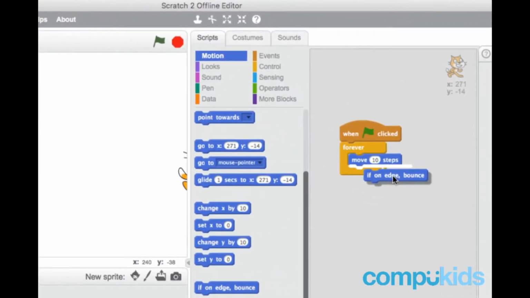drag this and drop it below move 10 steps. Now, how do I know I'm dropping it below the move 10 steps piece? It's because as I move closer, I see there's a thick white line appearing. Now that white line indicates to me exactly where this piece is going to fall when I release the mouse